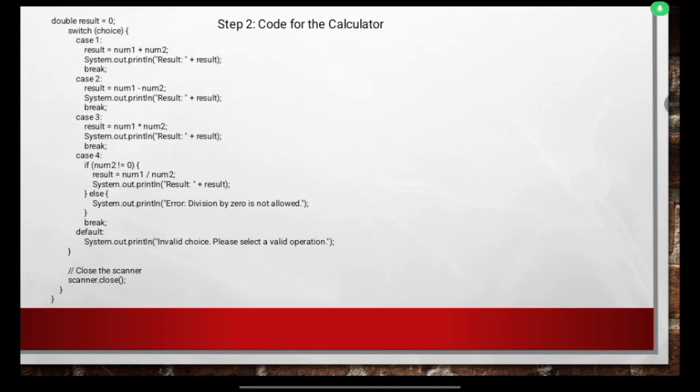So here in this particular slide, we will continue discussing step 2, code for the calculator. First of all, we need to go through the slide carefully. Double result = 0; switch (choice) {, case 1: result = num1 + num2; System.out.println("Result: " + result); break; case 2: result = num1 - num2; System.out.println("Result: " + result); break; case 4: if (num2 != 0) { result = num1 / num2;